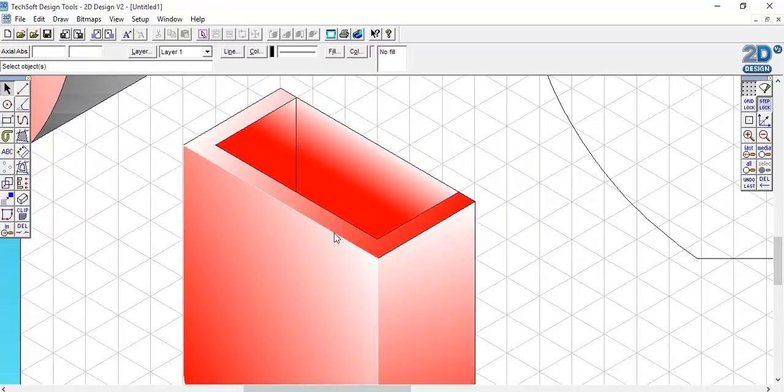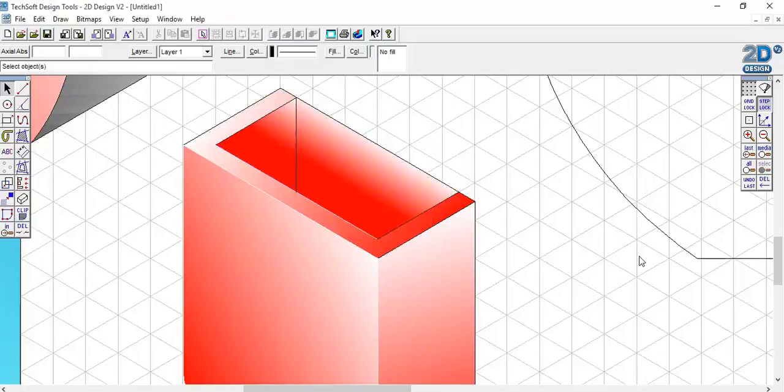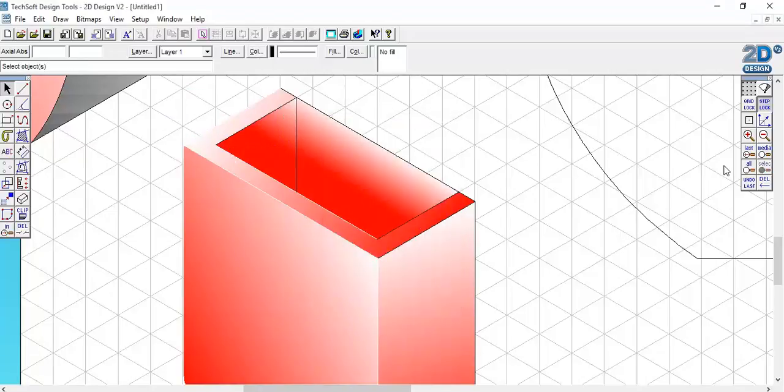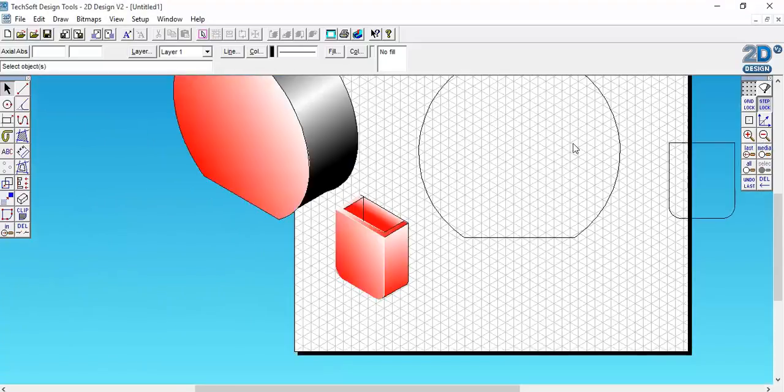And then zoom in, select this edge and change it to white as well. Change the color to white, press OK. We'll leave it as that. Actually, why not just carry on, do this bit here as well. Line color white, and that's that. Zoom back out,